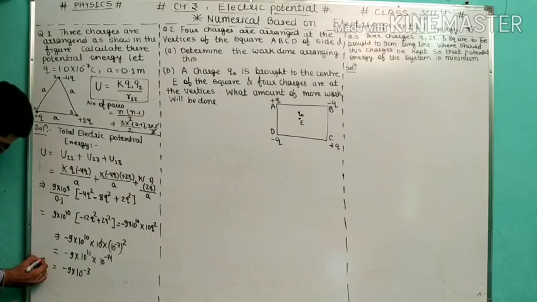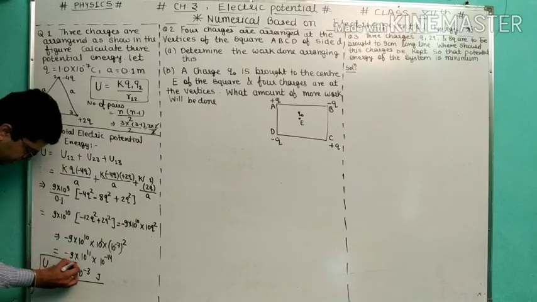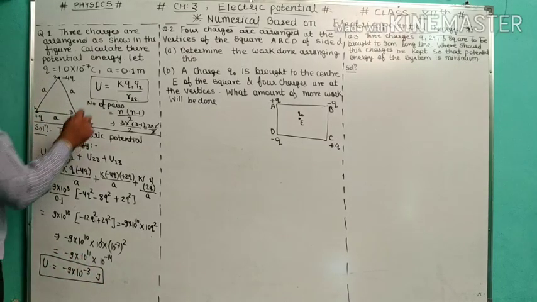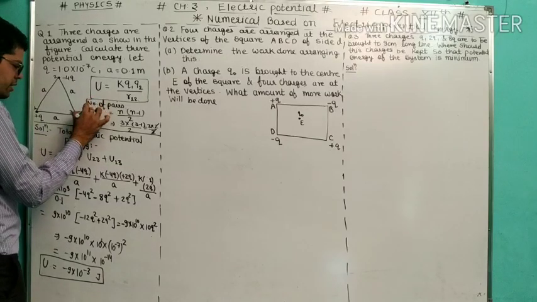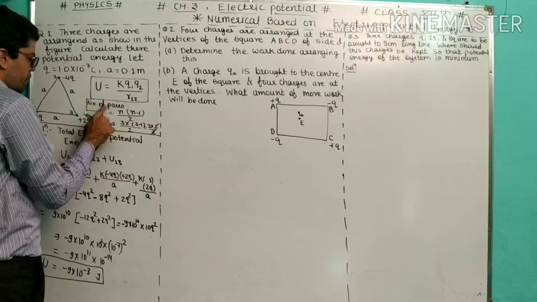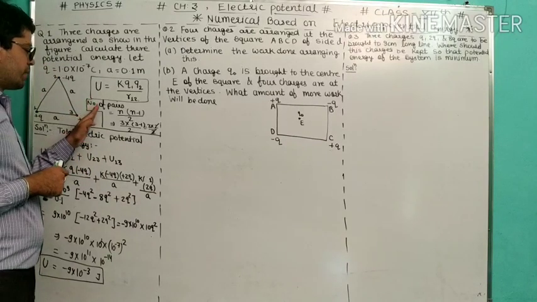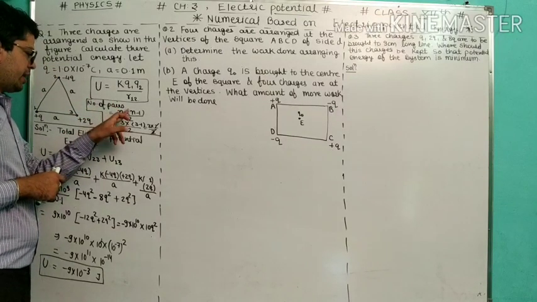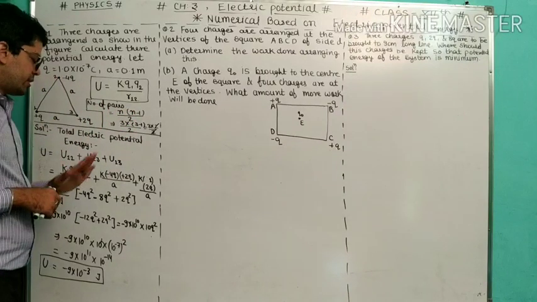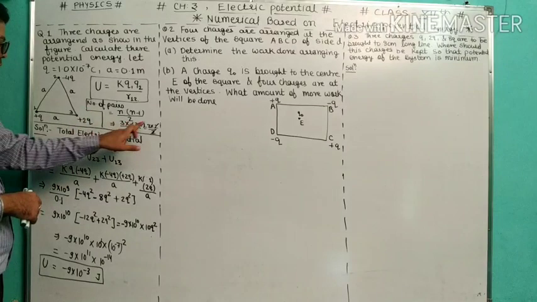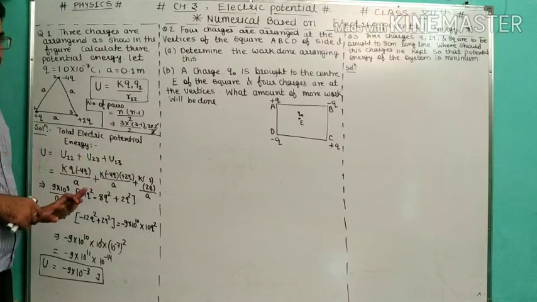So here we got the electrical potential energy due to 3 charges. So very simple. See, important in the NEET and particular examination, if you are unable to find out the number of pairs, you will definitely apply the directly n minus 1 upon 2 formula. Look at the number of charges, and after that you will get how many pairs you have to put in for electrical potential energy.